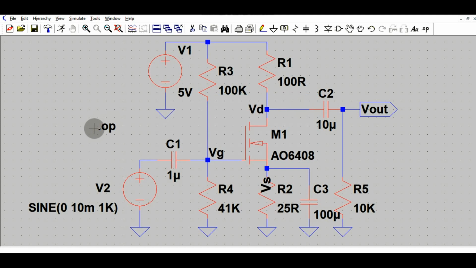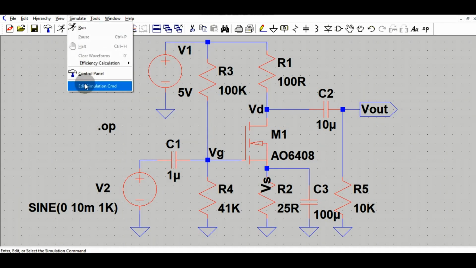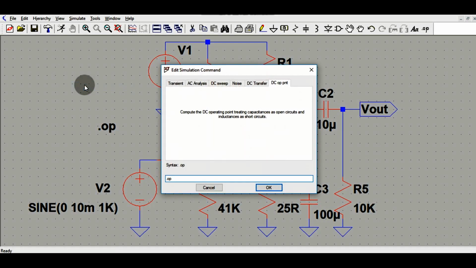The other way to run the DC operating point analysis is to go to the simulate button, and then go to edit simulation command. Then you can see this is DC operating point. So what does the circuit do in the DC operating point analysis? You can see here it says compute the DC operating point treating capacitance as open circuits and inductance as short circuits, right?